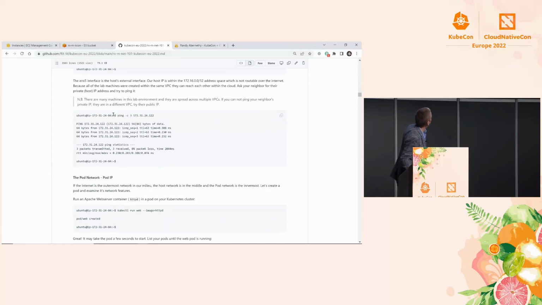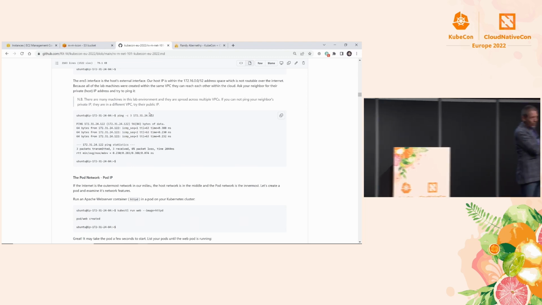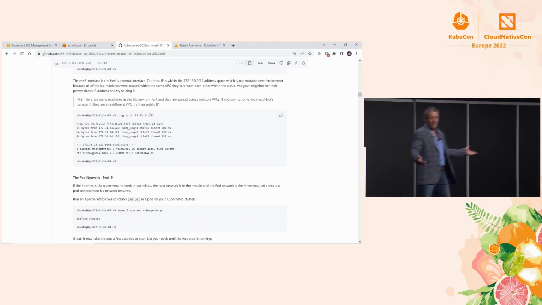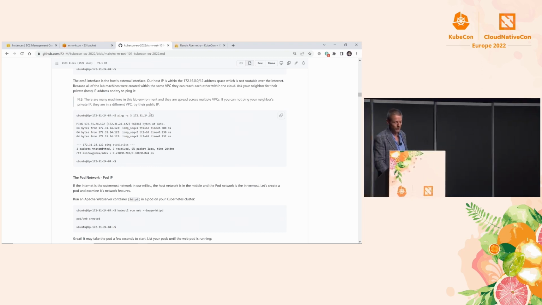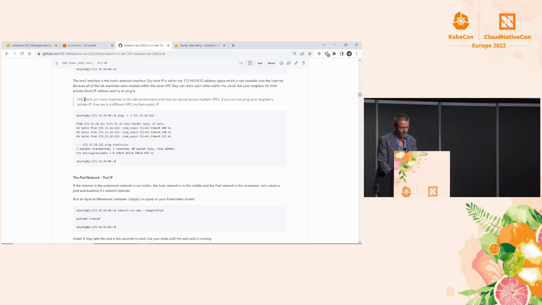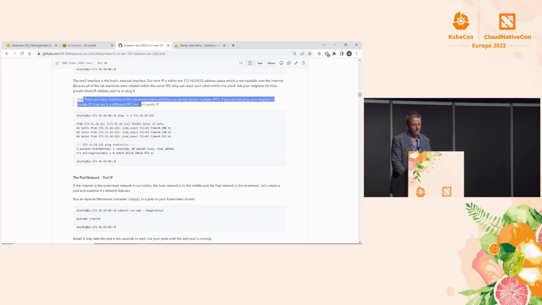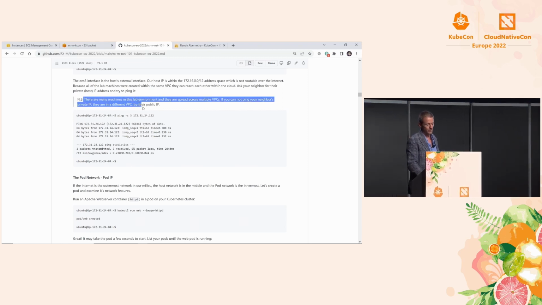Another example is pinging an IP. Anytime you see an IP, you've got to ask yourself the question, what IP should I be putting in there? Because it's not the one in the sheet. The lab is an example, and then you're going to have to make some interpolations. Usually it'll tell you. It says right here, note, there are lots of different machines, use your IP address, that sort of thing.